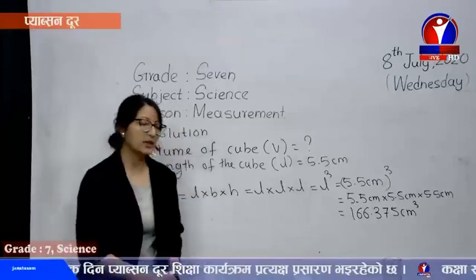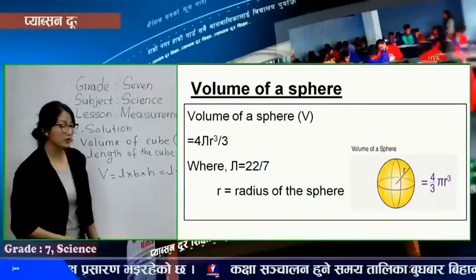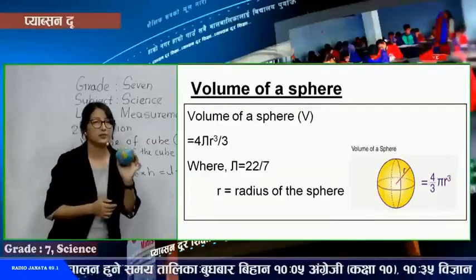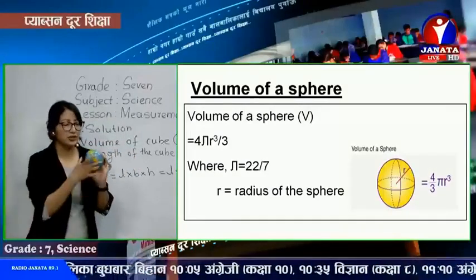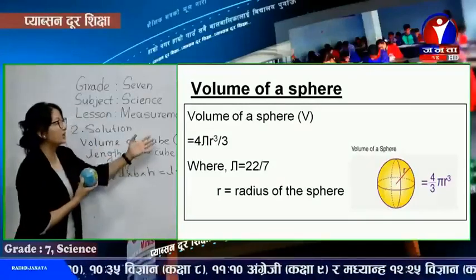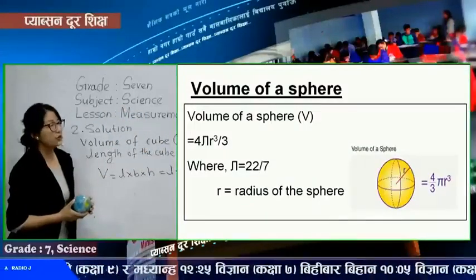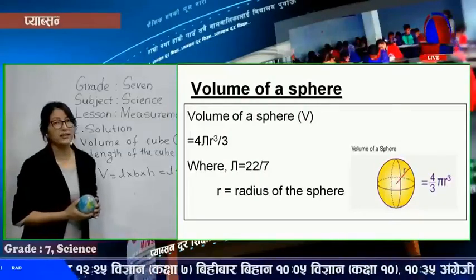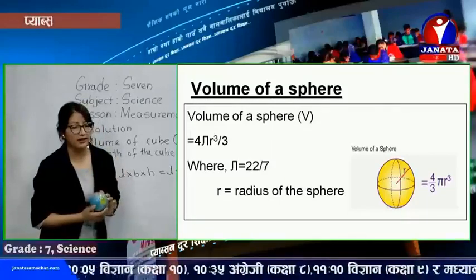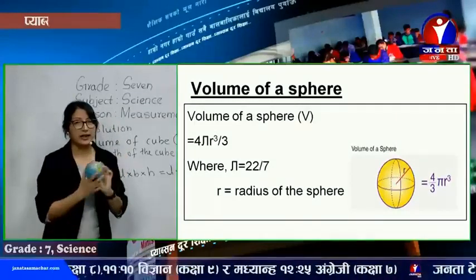Similarly, we can easily calculate, now we can just check in the screen, the volume of a sphere. We can also calculate the volume of a sphere. So how do we calculate? Last time also we have already measured its radius. Yes, doing the practical activity, we have already measured its radius, its diameter, and half of the diameter is its radius. You can easily calculate the volume of the sphere using the formula given over there. See, 4 by 3 pi r cube, where pi's value is 22 by 7, and we can measure its radius, find its value, substitute the value and find the volume of this regular object, that is a sphere.